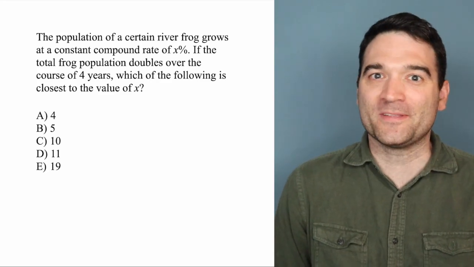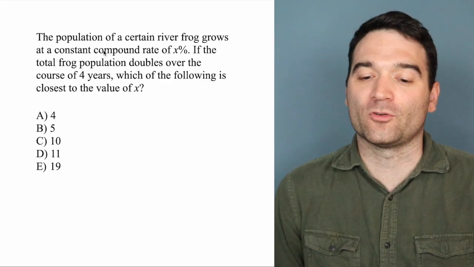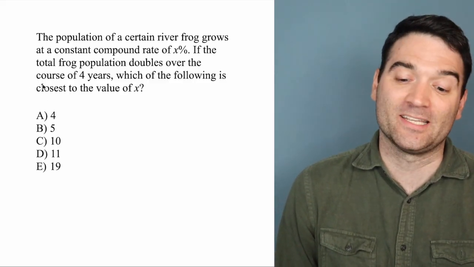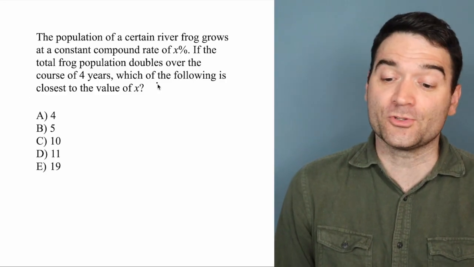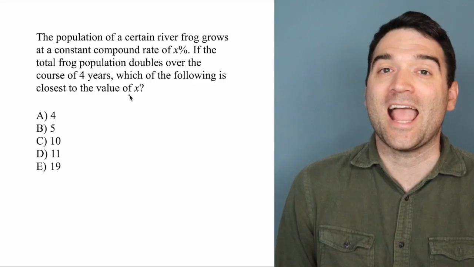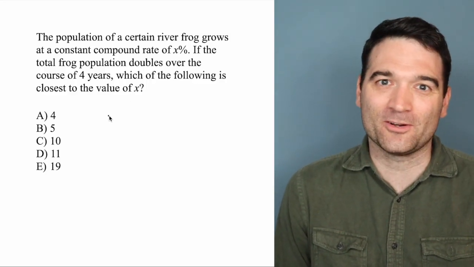Here's a GRE arithmetic question. Let's take a look. The population of a certain river frog grows at a constant compound rate of X%. If the total frog population doubles over the course of 4 years, which of the following is closest to the value of X? All right, well, there is actually a cool little shortcut you can use here called the rule